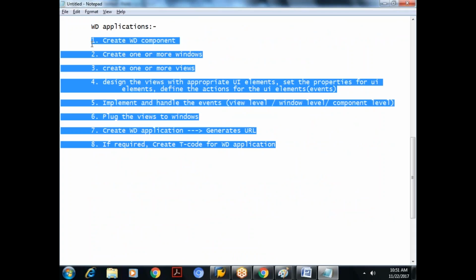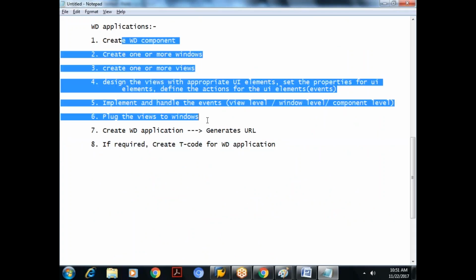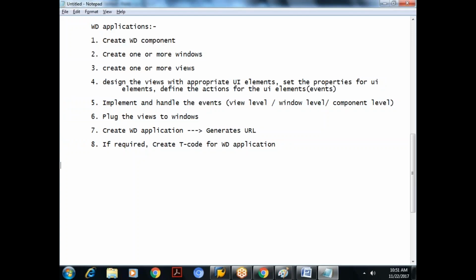Am I clear? Anyhow, all these things are already documented. So, which version do I require? I can use plain ECC 6.0. I can use ECC 6.0 with